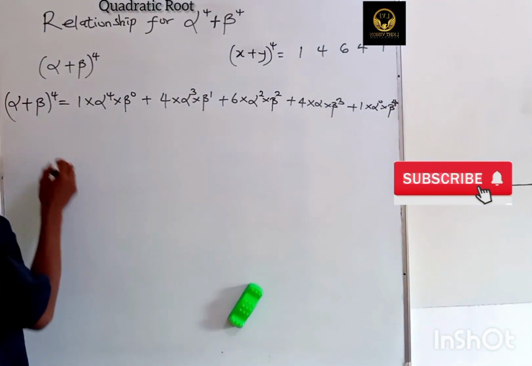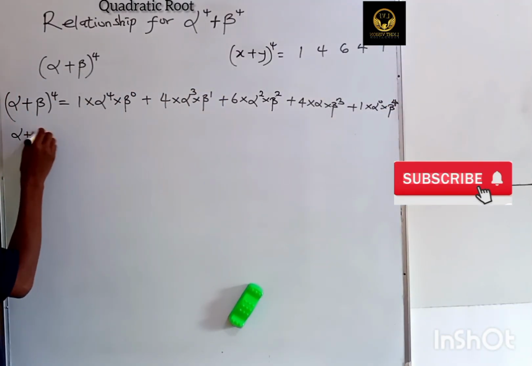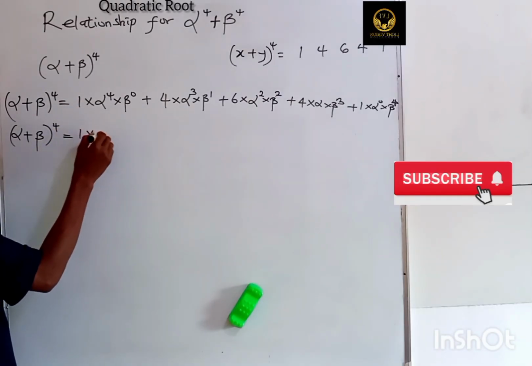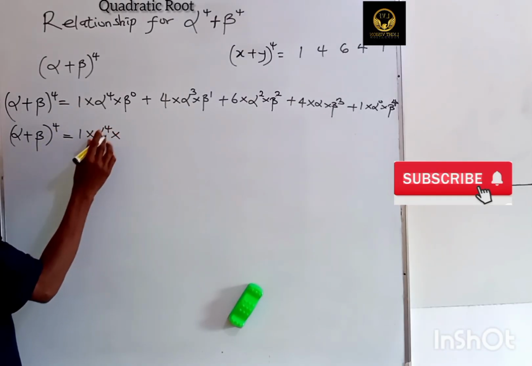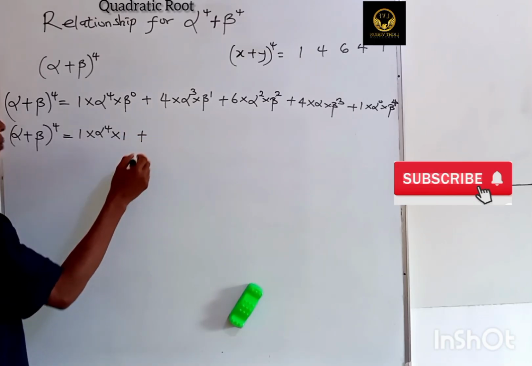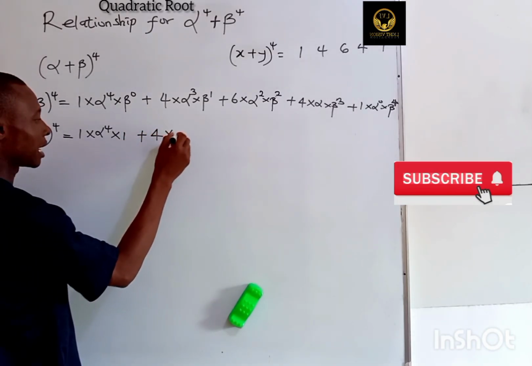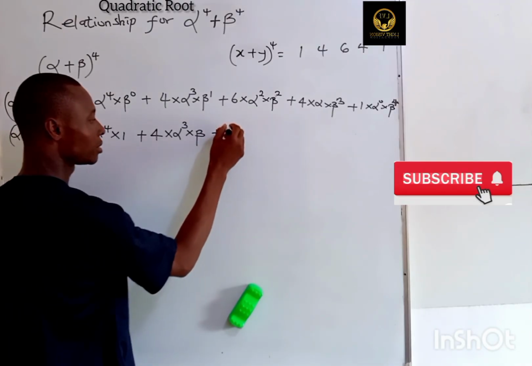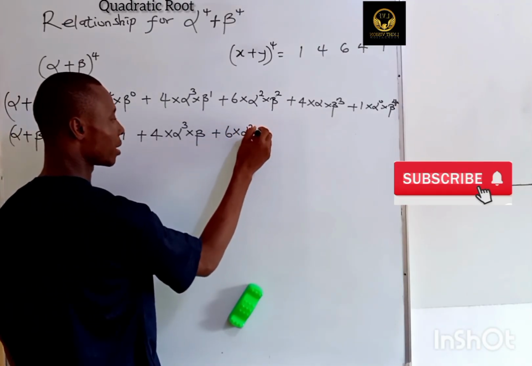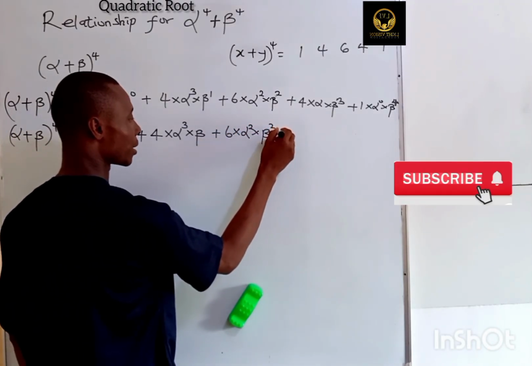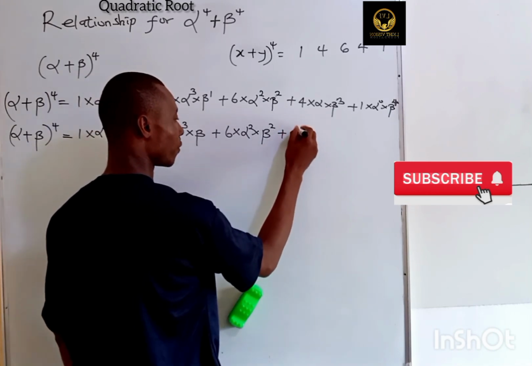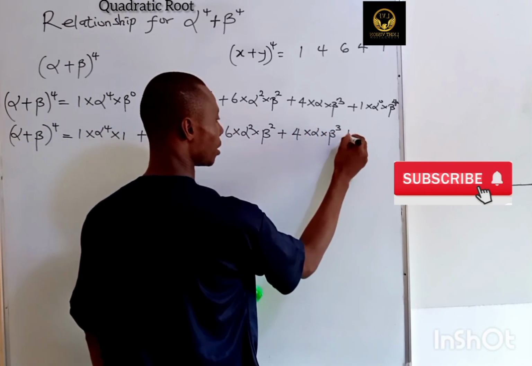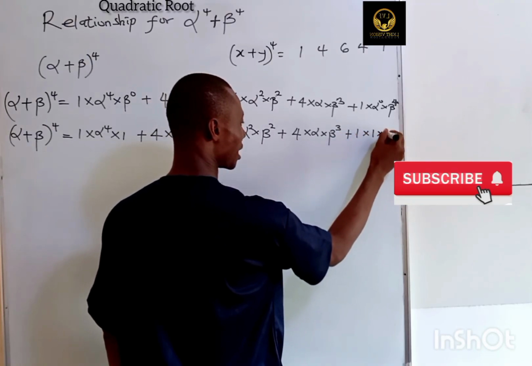Okay, so this becomes alpha plus beta raised to the power of 4 equals 1 times alpha raised to the power of 4 times 1, plus 4 alpha cube beta, plus 6 alpha square beta square, plus 4 alpha beta cube, plus 1 times 1 times beta raised to